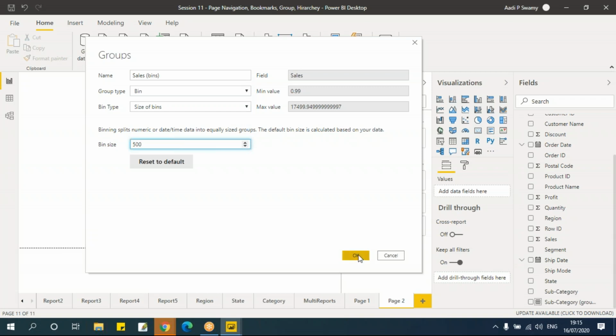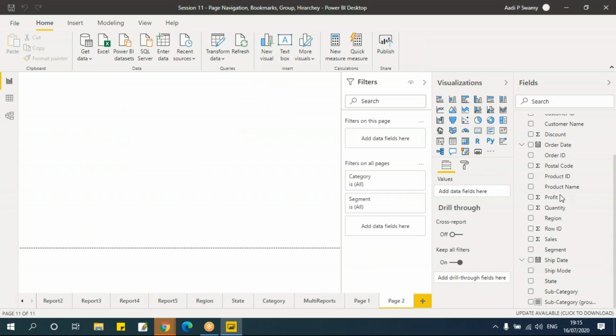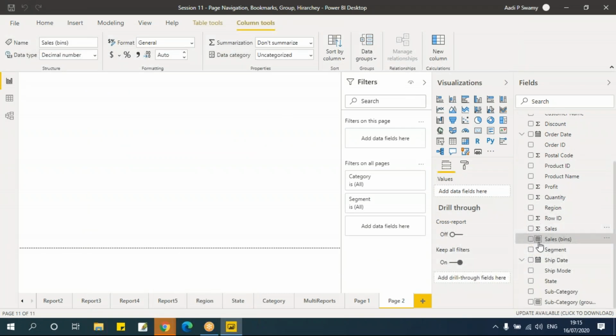and if I say okay, a separate grouped column will be created. Here we can see this sales bins. Now this is actually not a value, this is something like a label. Let me just click on this, I'll get one